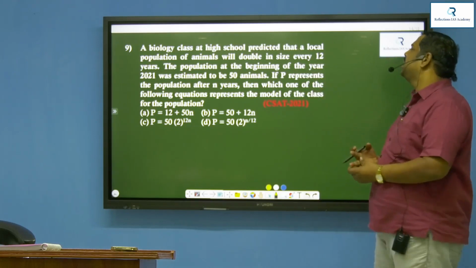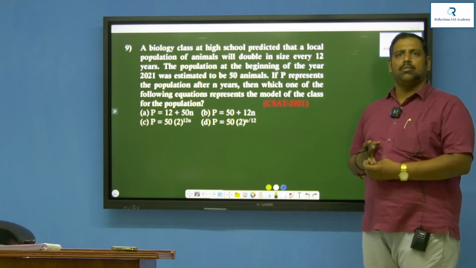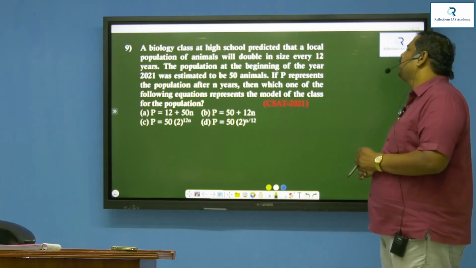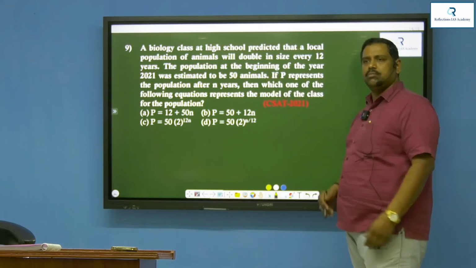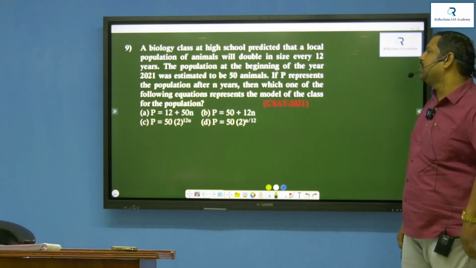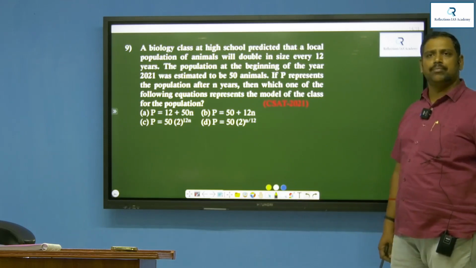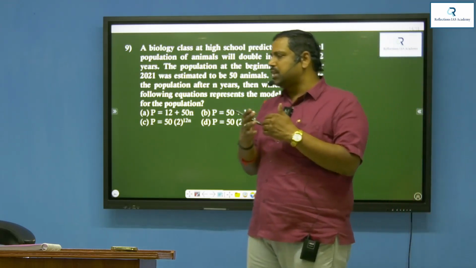The population at the beginning of the year 2021 was estimated to be 50 animals. What's the animals population initially? 50. Okay. Then what we can say? If P represents the population after n years. After n years, okay, what he is saying, then which one of the following equations represents the model of the class for the population? Okay, here the population growth and population decay both are successive percentages, alias